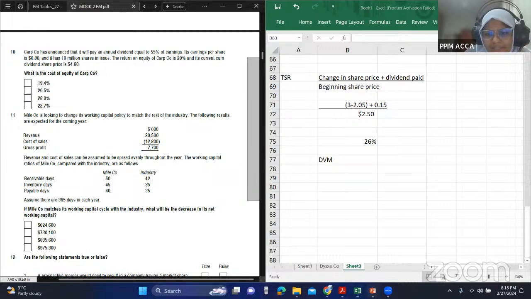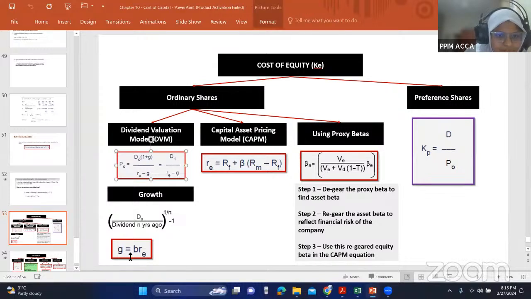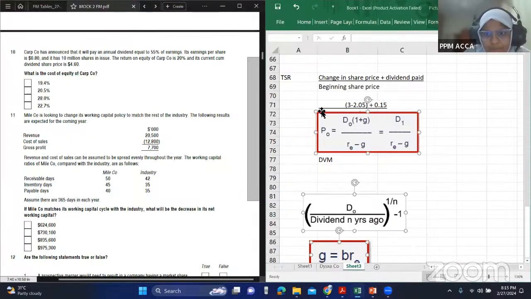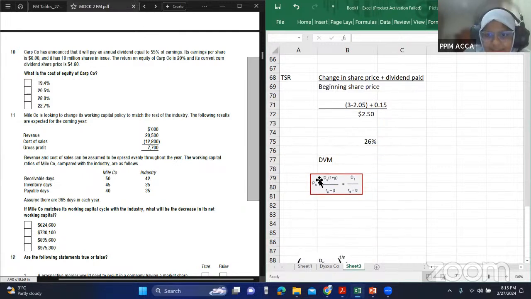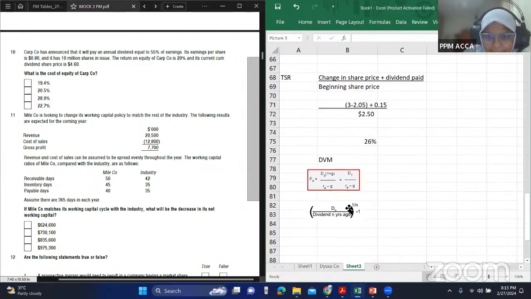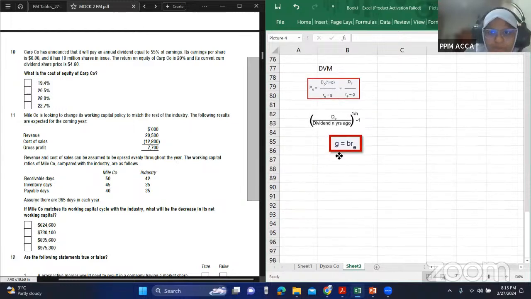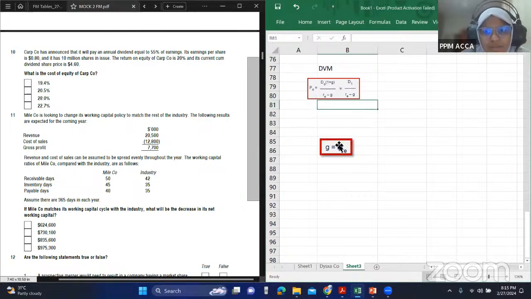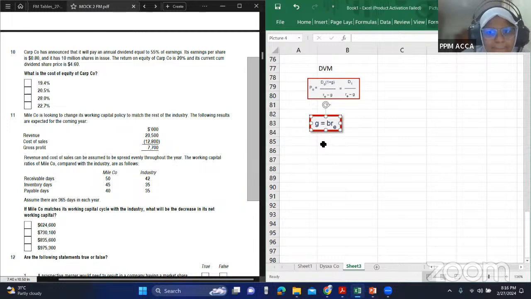Okay. So what is the dividend valuation model? Let me copy it. This one, this one, this one. Okay. So let's see the information that they are giving us. Right. So first we need the growth rate. Whatever it is, we need growth. We need the growth rate, but they're not giving us past dividends or anything. So most probably this is out. We have to use g equals b times re, Gordon's growth.